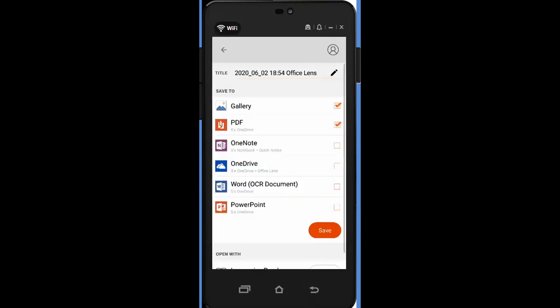It looks okay. Now what I'll do is, you can see here, I'll uncheck all of this. I'll click this Word document. At the same time, you can save in other formats also, doesn't matter. I'll say Word document, and you can also save it to my OneNote. We also talked about OneNote, right? Or you can save it to your OneDrive also. So now let me save it to all of this. So we'll concentrate on this Word OCR document. So let me save it.